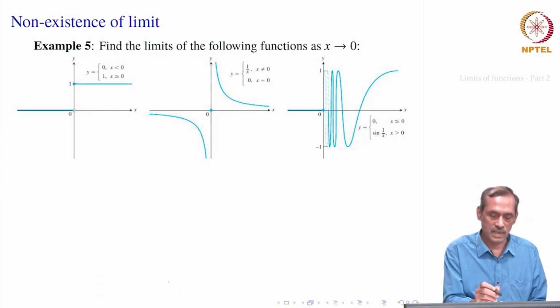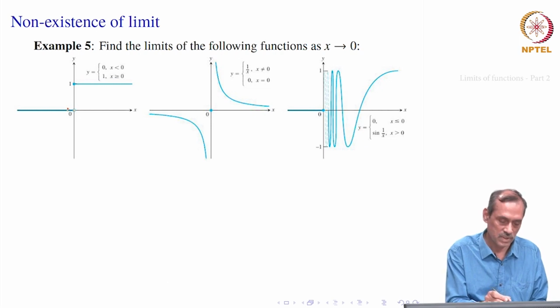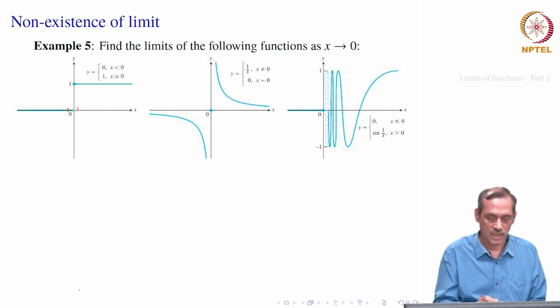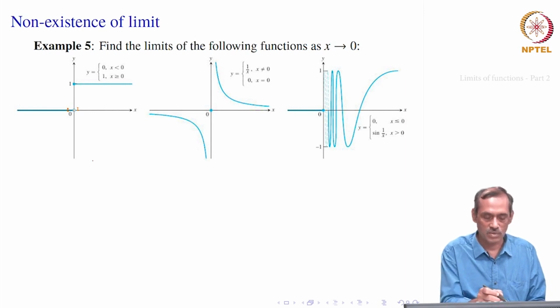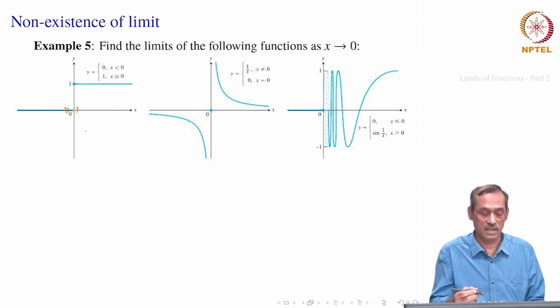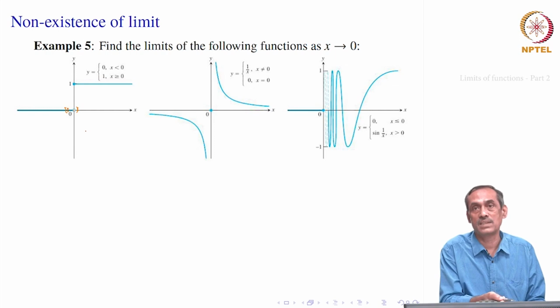Now, when you take the limit of the function as x goes to 0, say x remains near 0. So, that means x can be somewhere here or x can be somewhere here. On the left side, f of x becomes equal to 0. So, you may say it remains near 0. On the right side, f x becomes 1. So, that means it remains near 1. So, for any points here, f x does not remain uniformly close, on either this side or that side, to any one value, either 0 or 1.